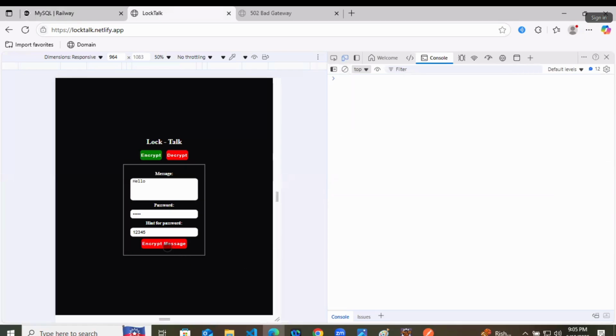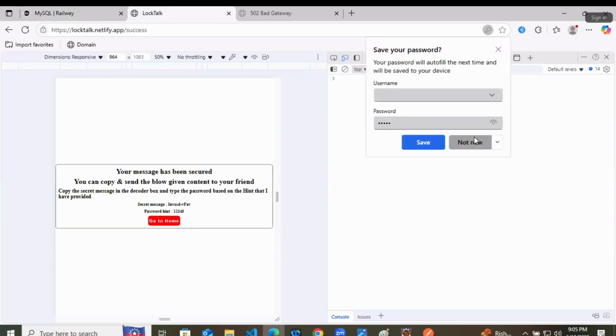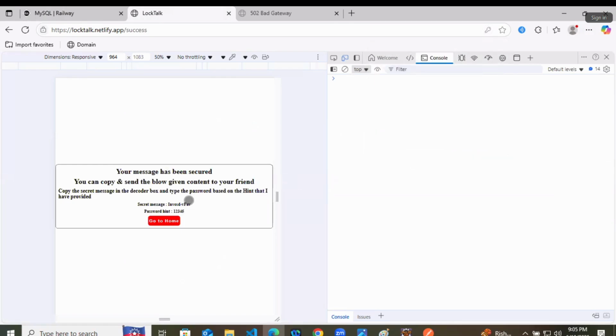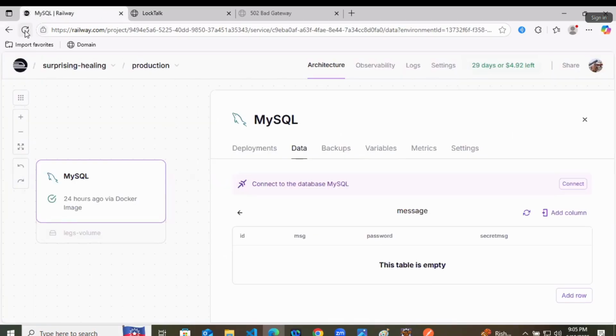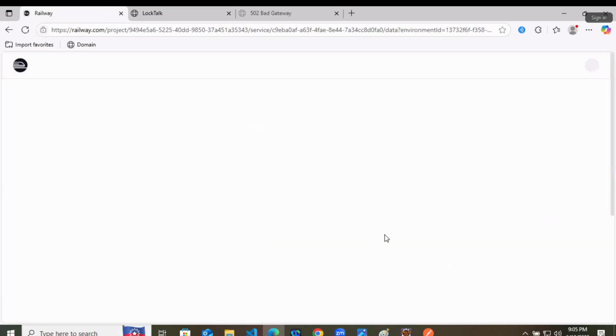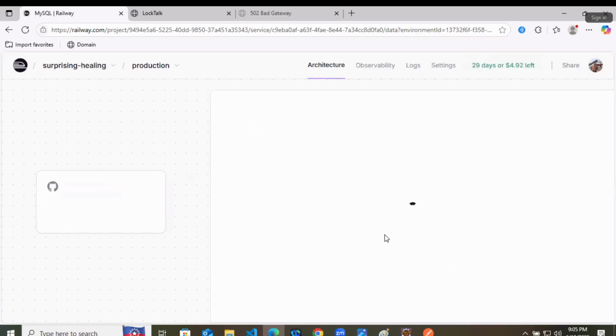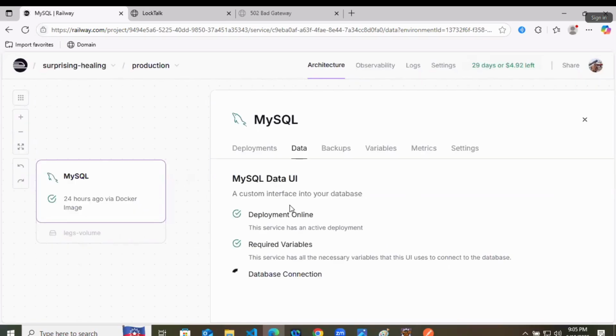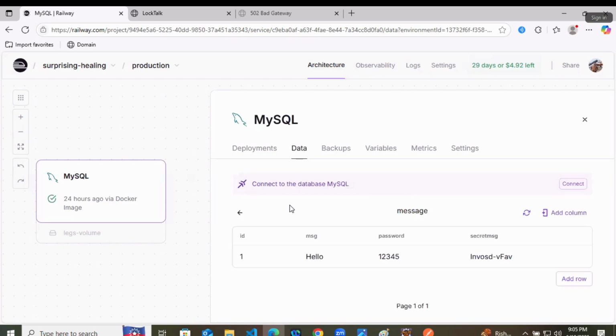I will encrypt the message. Message is encrypted now. And where is this data going? To the Railway online server MySQL data. You can see ID 1, message hello. Same Spring Boot is working, but the database is online this time.